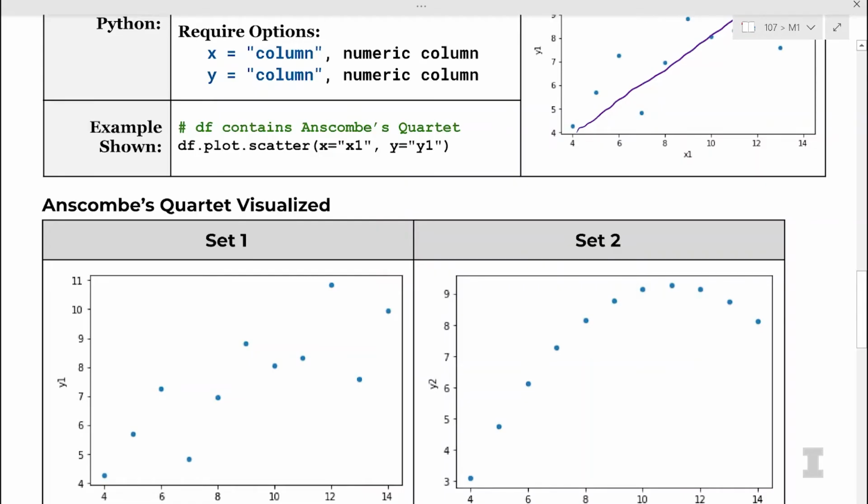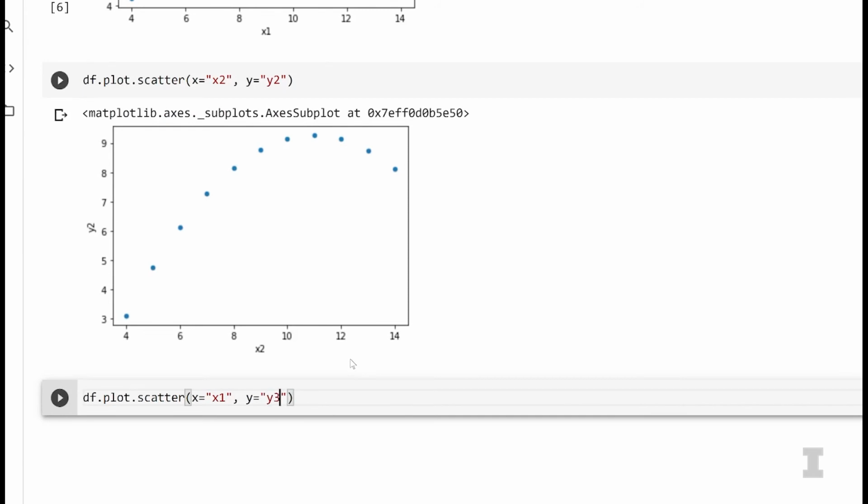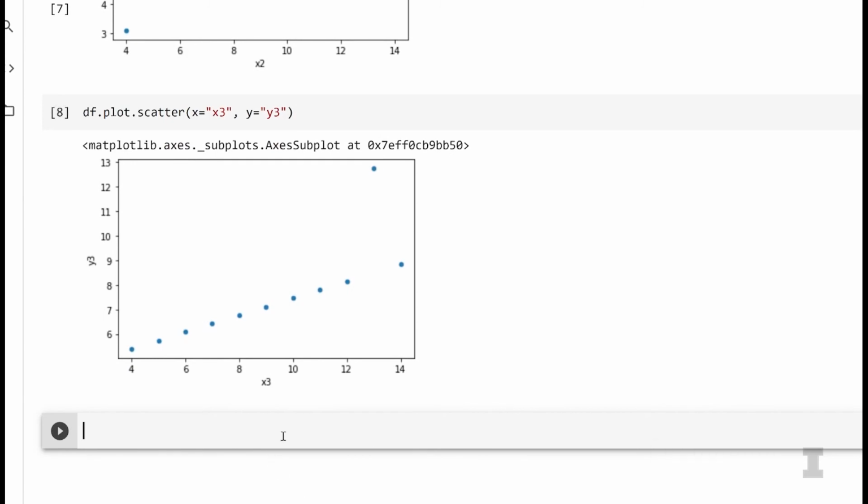Ooh, it's a different shape. And yeah, I have that one here. This one actually doesn't really seem like a straight line at all. It's an arc. And then if we plot the other two sets of points, for x3, y3, I see another plot that is almost a straight line with one point kind of way out in the sky. One point that kind of looks like it would possibly be an outlier.